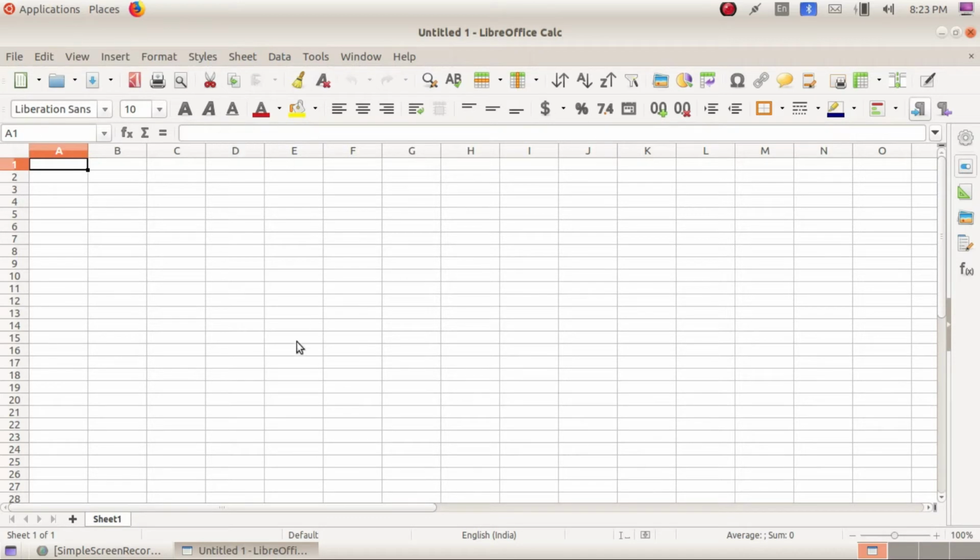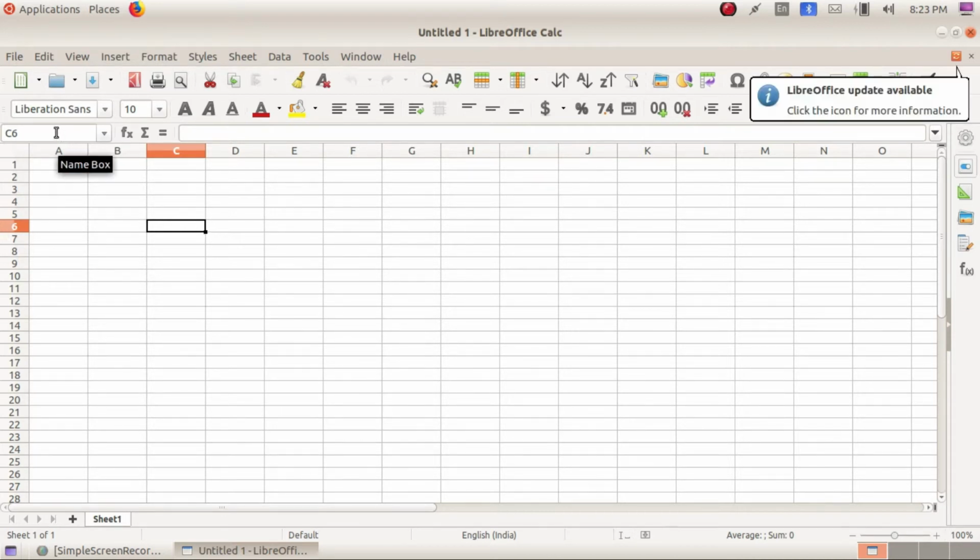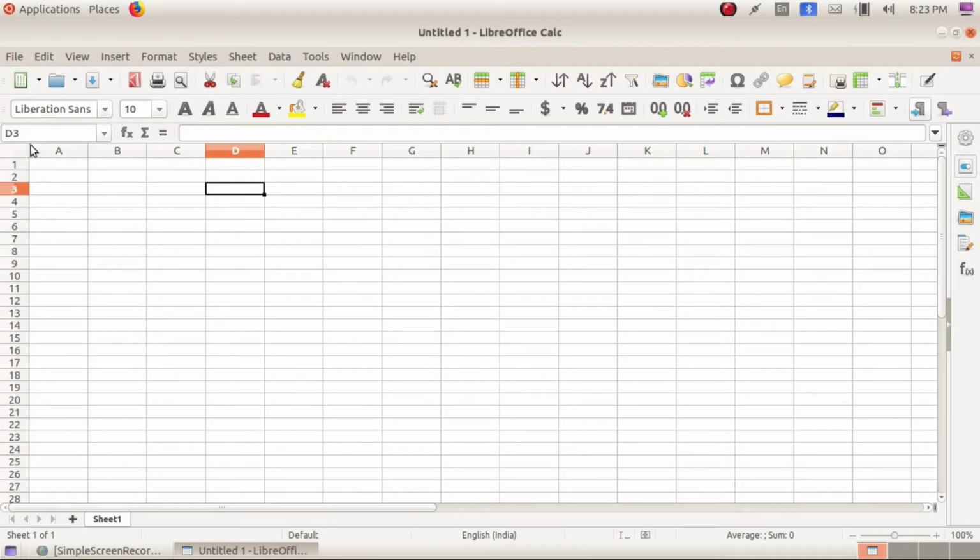So this is our worksheet, children. As you can see here, we have many cells, right? And each box is called a cell. When we click on a cell, it becomes an active cell. Now I have clicked on C6. In the cell pointer, we can see C6, and this is the cell address. Whenever we click on a cell, the cell pointer shows the cell address of the active cell. The intersection of rows and columns is called the cell address.